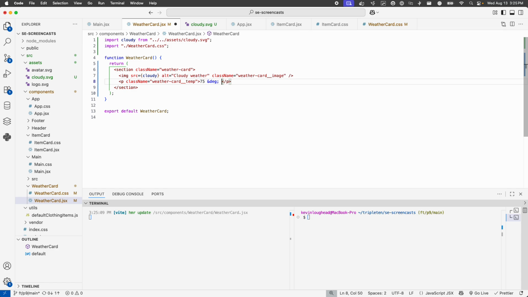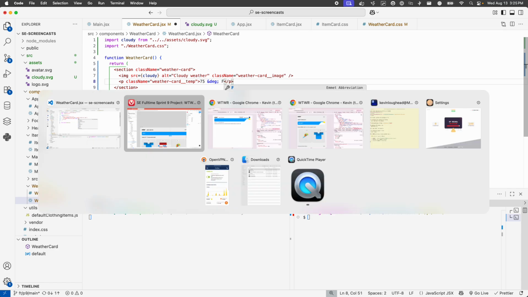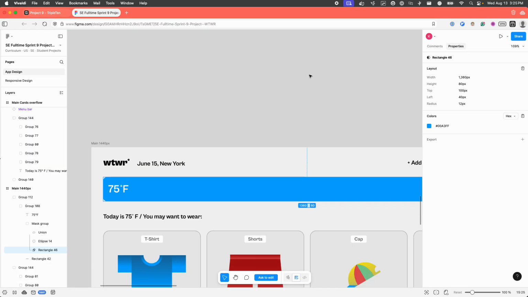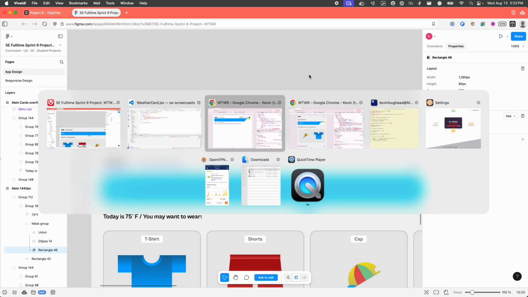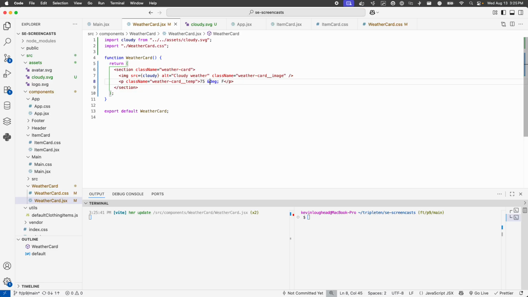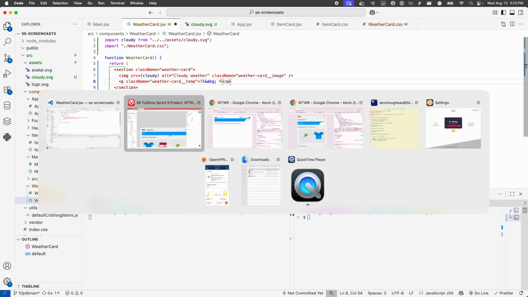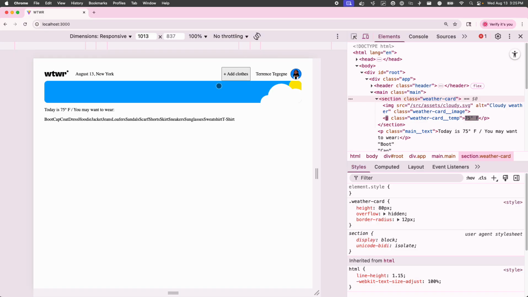It's called an HTML entity. F. No space after the temperature. Okay, so like that. Now, if we go back to Chrome, we see that